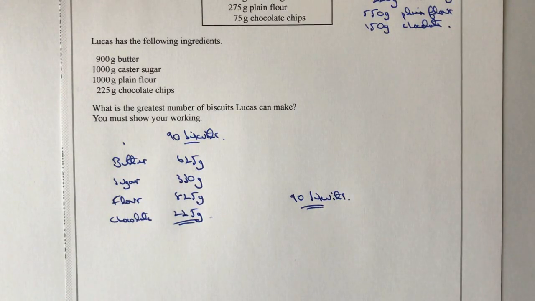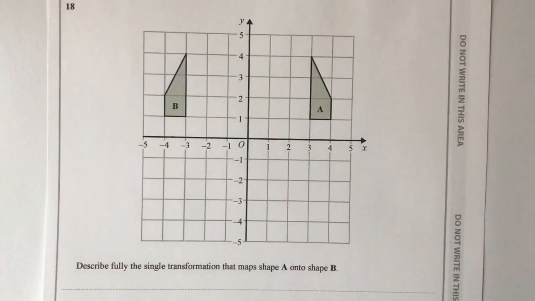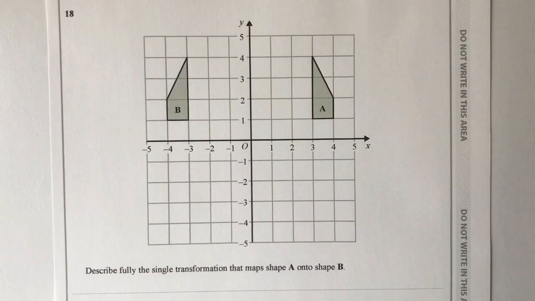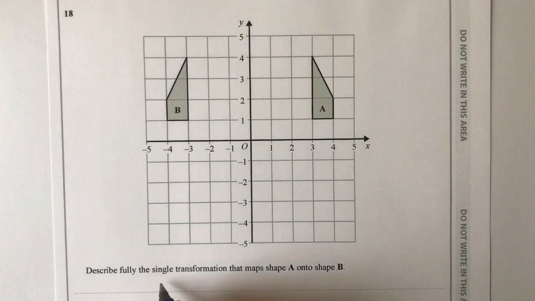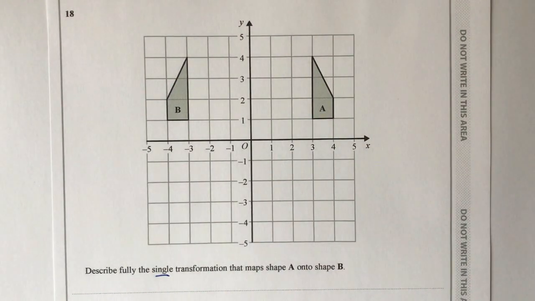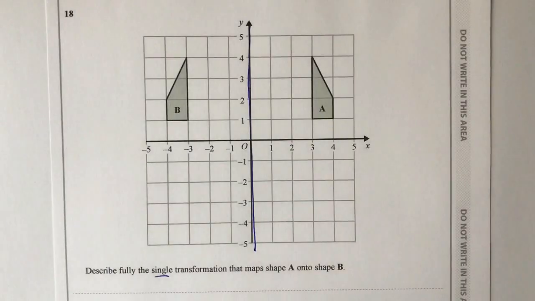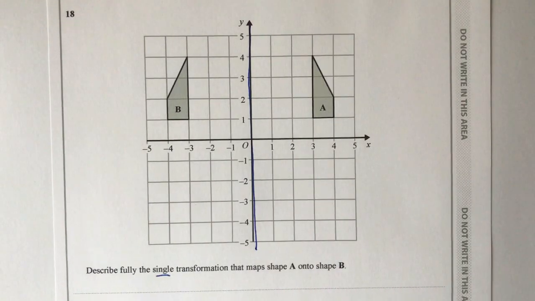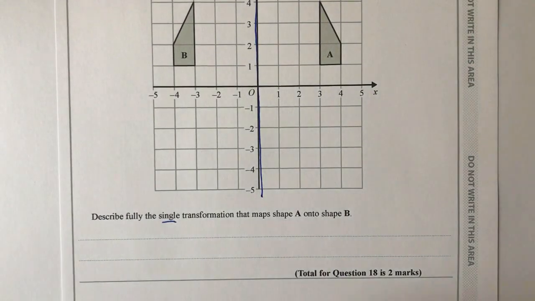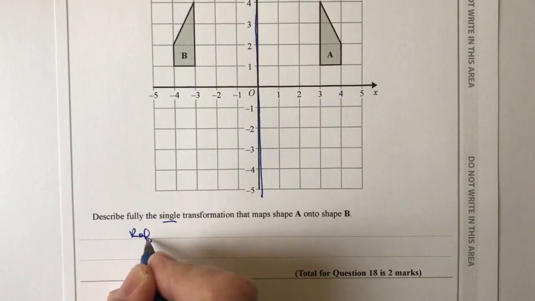Let's move on then to question number 18. Describe fully the single transformation that maps A onto B. It's one of those questions where you've got to figure out that it's a reflection, and it's going to be in the mirror line, which is this one here, the y-axis. That would be sufficient for this particular question. You can just say that the single transformation is a reflection